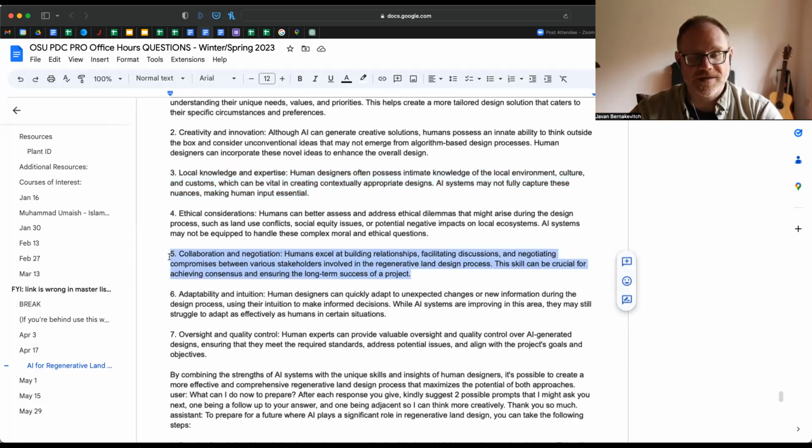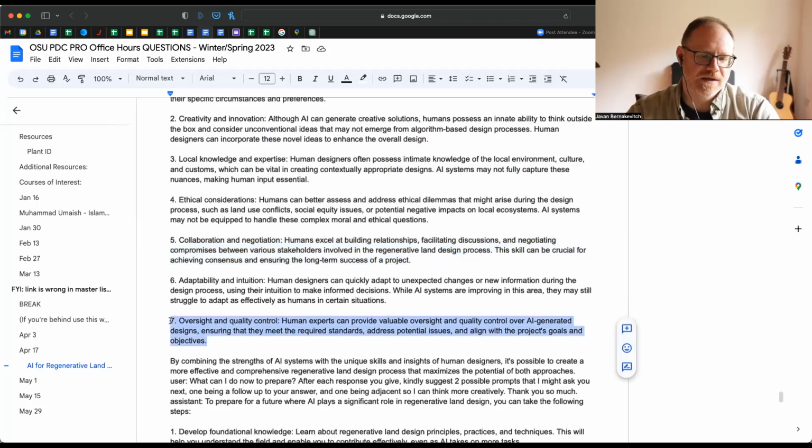Collaboration and negotiations: people are going to want to hire a person for this type of work right now, up until they feel like they've seen examples surpassed. But ultimately, you're always going to have a person that overlooks the material and vets it, because the system itself can't vet itself. Adaptability and intuition. Okay, so oversight and quality control. Over the last couple of years, there's been a certain layer of drone that you can start to see infrared on plants. Now that infrared can be read as health, and is largely done so by large scale crops,